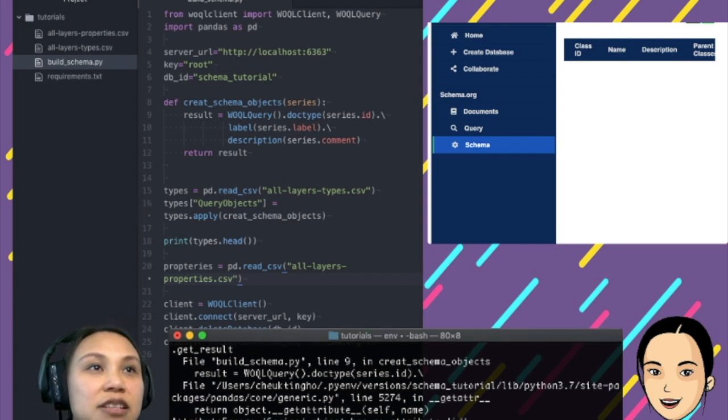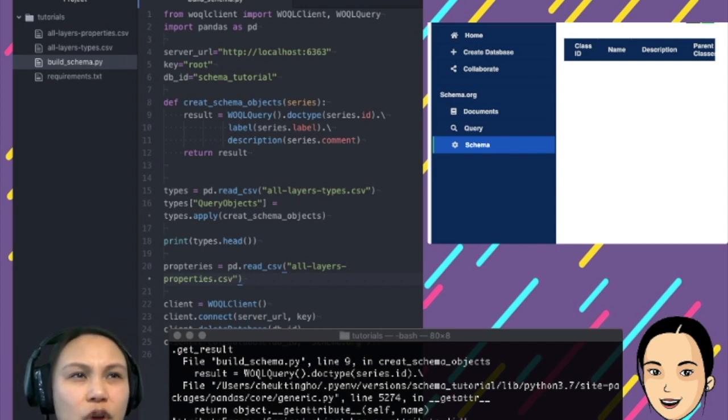So series has no IDs, really? Seriously? It's not an attribute. Types, read CSV. Let me double check what's wrong. Series.id. Right, so I create a doc type series.id.